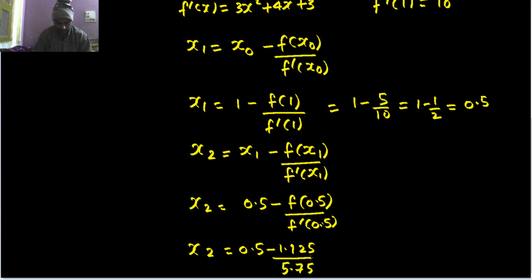Let's use the calculator once again. So 0.5 minus 1.125 divided by 5.75, and I am getting